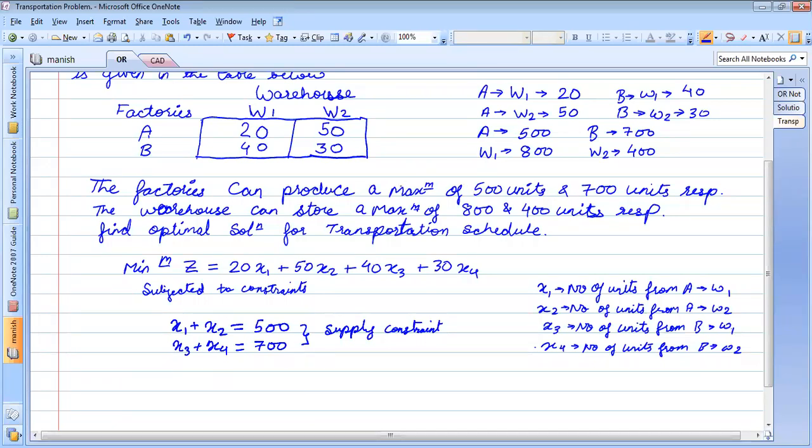Normally, in a question, you will have the factory producing 500 units and 700 units respectively; they will give the exact capacity of the factory. I have given this because if the demand is less, then there is a chance we can reduce the factory production.